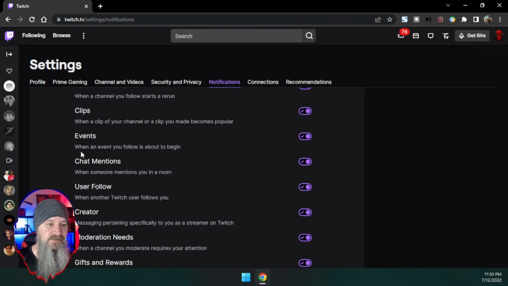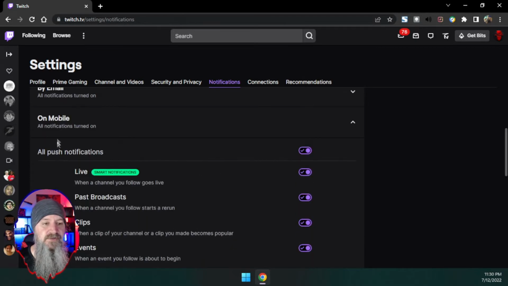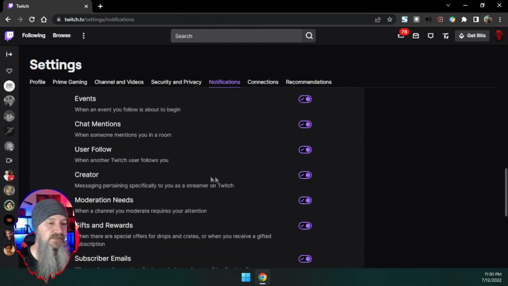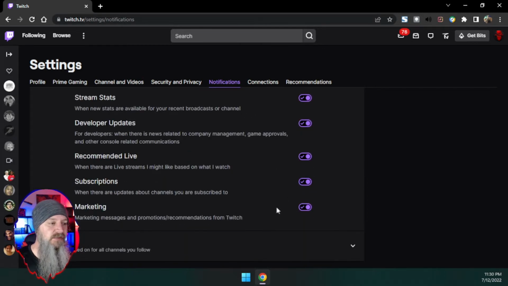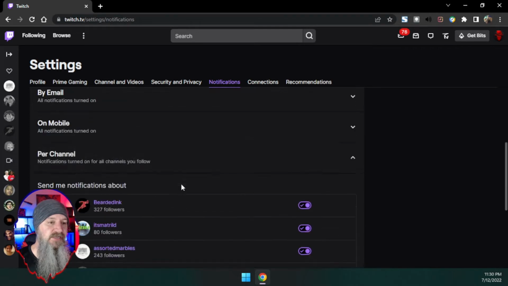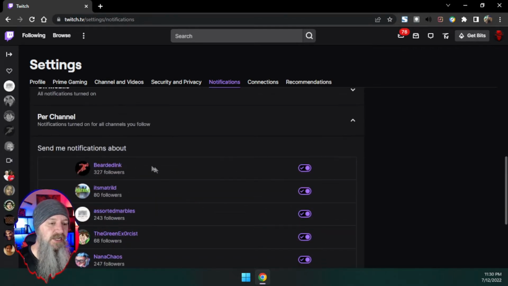So for the events, it's when an event you follow is about to begin. If someone mentions you in a chat room, it'll give you a notification, or in this case, we're on the mobile phone, it'll give you a push notification. So just go through the list and have a look at what they do, and enable or disable the ones that you don't want. And then on a per channel, anybody that you follow will have here, and then you